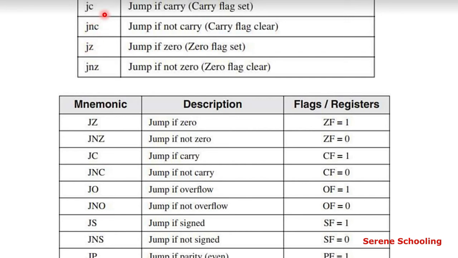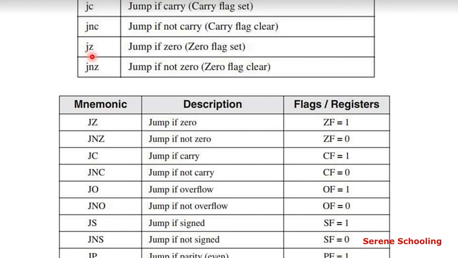So this JC means jump if carry. If the carry has occurred, or if you can say the carry flag has activated, only then we have to jump. Jump where? In our code there will be some position available to jump upon, right? But we are just studying the actual mnemonic here, that is JC, jump if carry. And JNC means not: jump if not carry, meaning if our carry flag is not activated, only then you have to jump, right?